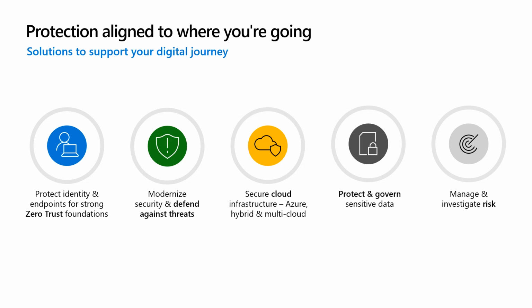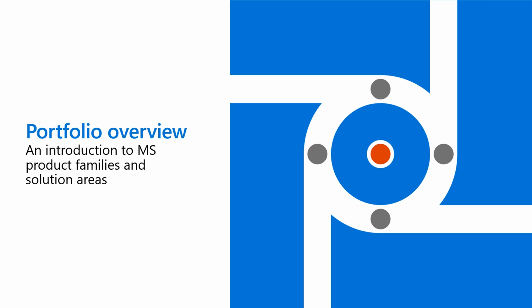And also managing and investigating risk in general, not just user risk, device risks, but also insider risks, data leakage risks. There's so many things that we have to try and keep an eye on. But what we'll do is cover, unfortunately, at a high level, because these products can take me, I think, 3 hours if I talk about all of them in full. But certainly reach out to us if you'd like to go into more detail. But I'll cover the high level products of the Microsoft Defender solutions and how they support a zero trust